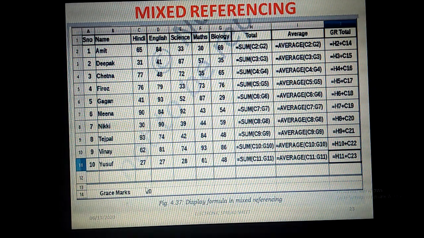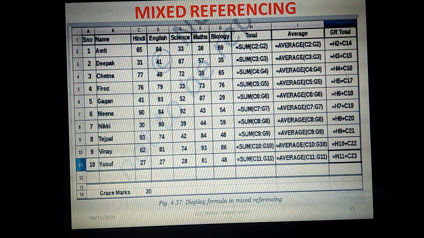This value needs to be added to all the students' total marks. With the total mark we need to give 20 as a grace mark, for every student. But if you see the next cell, cell J3 onwards, instead of C14 it is actually taken in a relative referencing way, that is C15, C16.